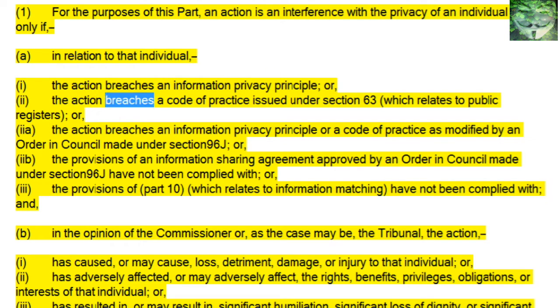(ii) the action breaches a code of practice issued under Section 63, which relates to public registers, or (iia) the action breaches an information privacy principle or a code of practice as modified by an order in council made under Section 96J, or (iib) the provisions of an information sharing agreement approved by an order in council made under Section 96J have not been complied with, or (iii) the provisions of Part 10, which relates to information matching, have not been complied with, and (b)